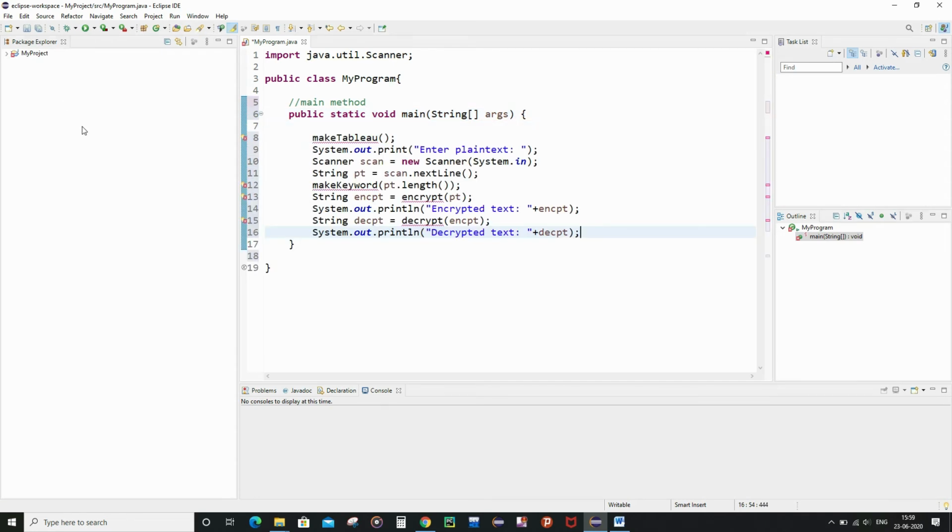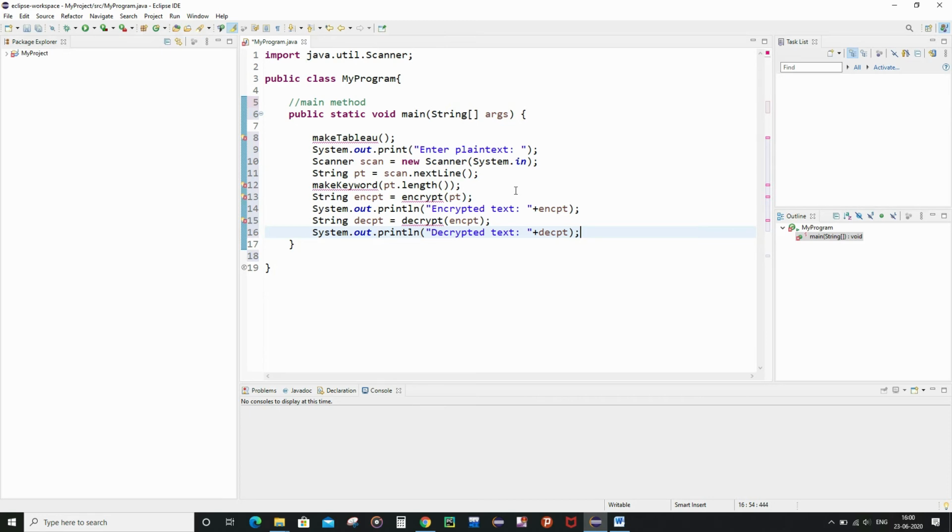Now after writing the main method, let me describe it. First of all, it is going to invoke the make tableau function, and after that it is going to ask the user to enter the plain text. I had declared the scanner instance, the scanner object from the scanner class, and after that I had taken the plain text as input from the user inside the string variable called pt.